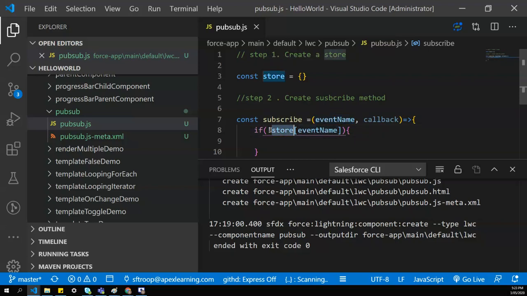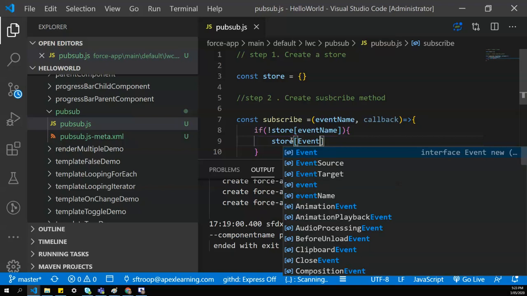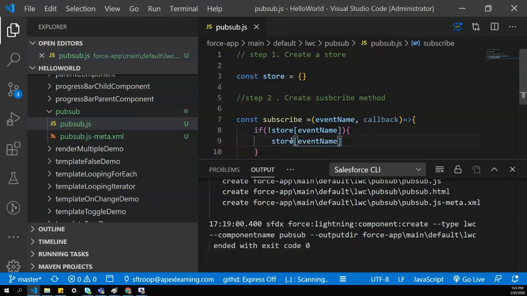If not, that's why I put this exclamation mark. If this event name is not present in this store, then in the store create the event name,